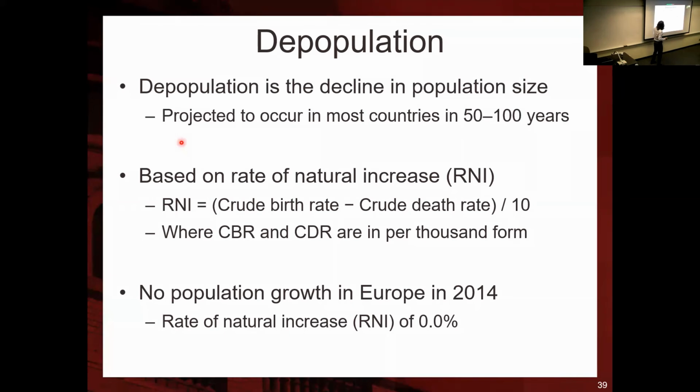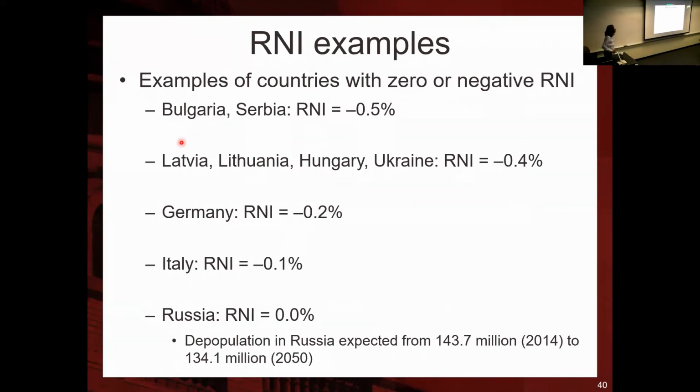It's expected now Europe is passing through a really stable process in which the population is not growing as much anymore. And the rate of natural increase has been around 0%. So rate of natural increase is reported in percentage terms because we are getting per 1,000 and dividing by 10. And from some other countries, what you see, countries with 0 or negative rates of natural increase, Bulgaria, Serbia, minus